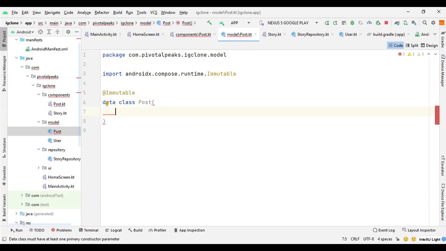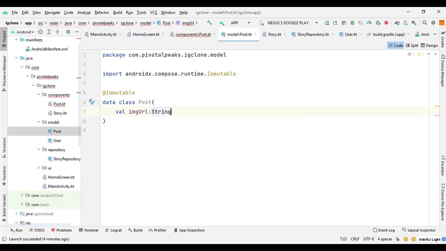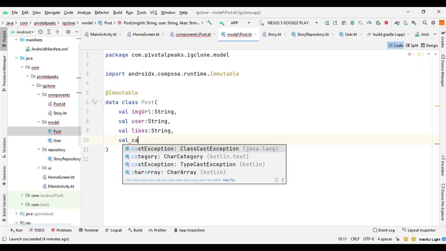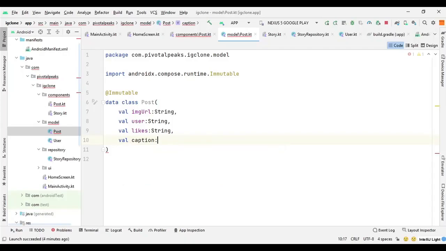So the first will be image URL of type string, then the second will be the user, also type of string, the third will be likes, so likes of type string, and caption, which will be what the user types as a caption for a post, so that will also be in it.